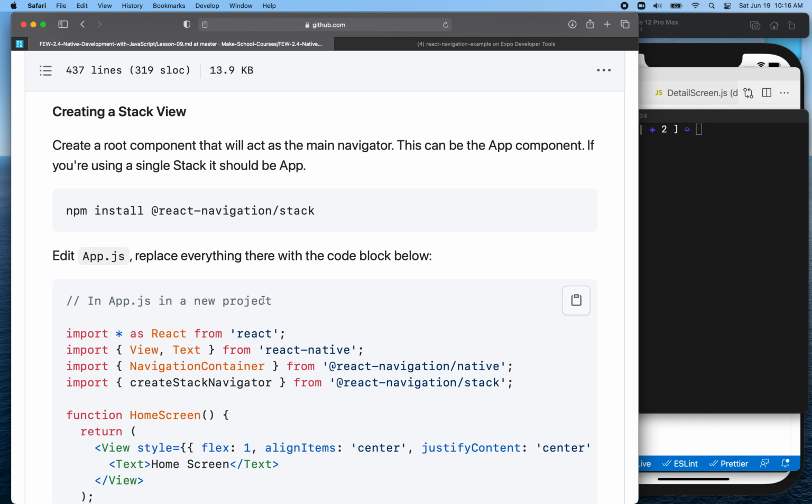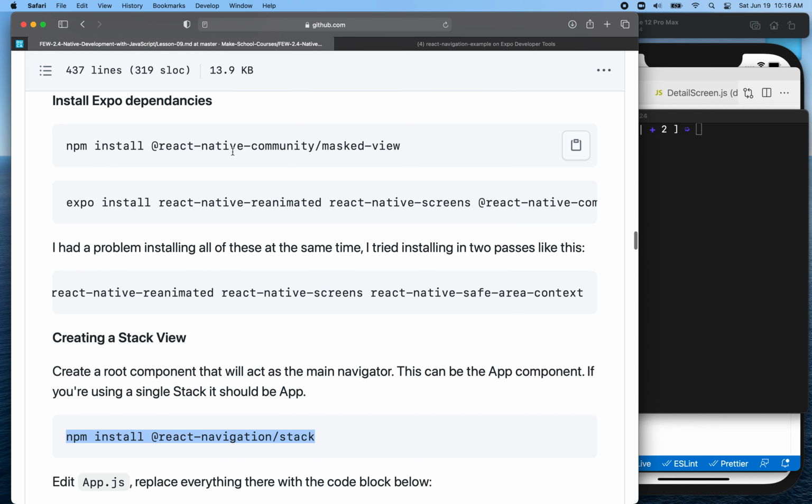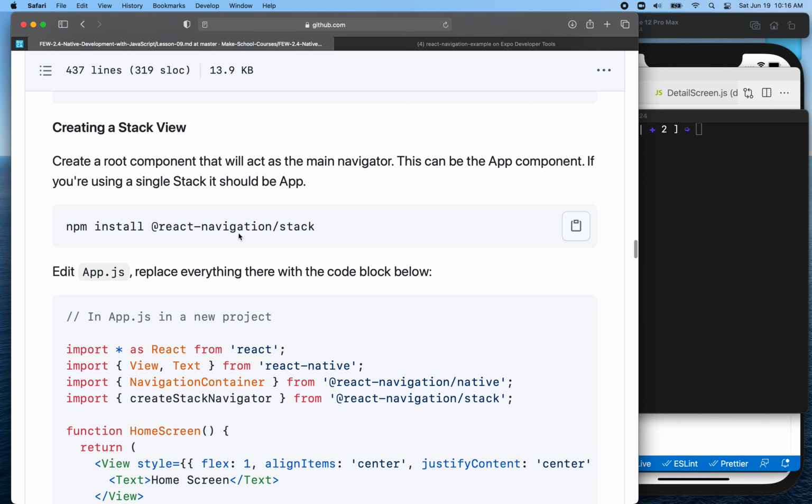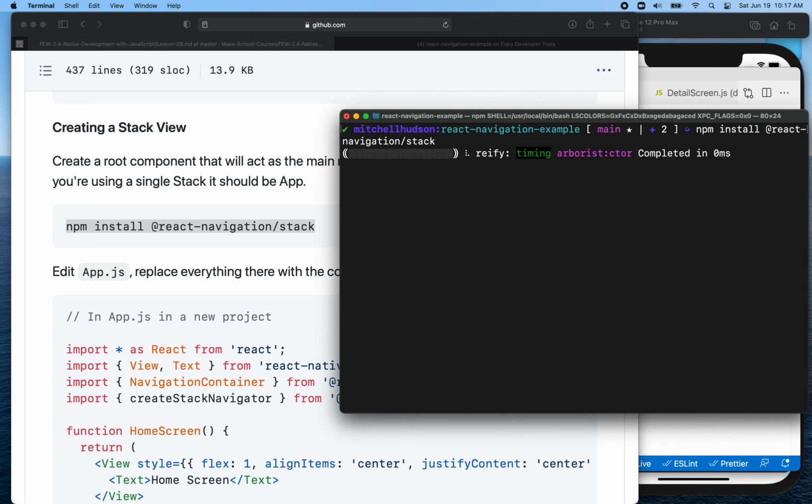So the next thing we want to do is get the React navigation stack. These are all the dependencies up here that we need for React Native in general, but when we're creating a navigation scheme, we might also want to import the navigation scheme that we want to use, right? In this case, I want to use the stack navigator, so I'm going to import that separately, okay? So now that I've got the stack navigator,